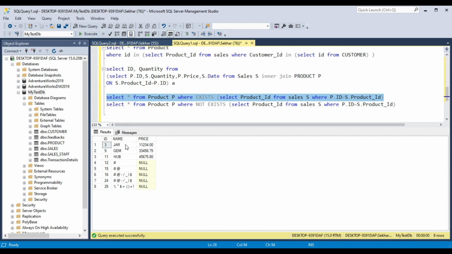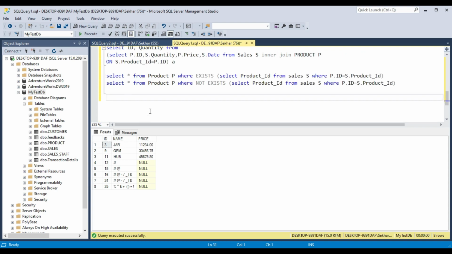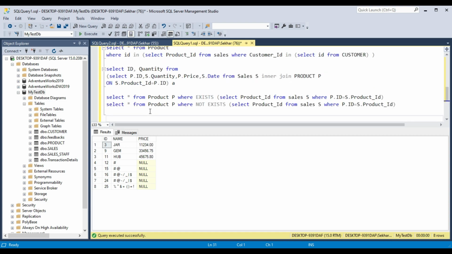You cannot view the columns and values from the table which is in the inner query. This is an example of join in which you can see we are fetching a few columns from the product table and a few from the sales table.